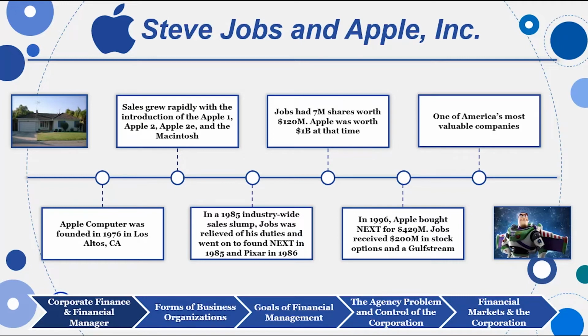Jobs was worth about $120 million at the time. When he was fired, Apple was worth about $1 billion at the time, basically taking the number of shares outstanding times the stock price. So Jobs was out running two other companies. Apple needed him back desperately. Apple was really suffering at the time after Jobs left the company. And so to get him back, they bought NeXT. They also did some good things for Steve, gave him some stock options and a Gulfstream jet to travel between his other two companies and Apple headquarters.